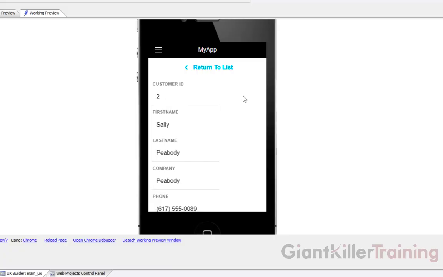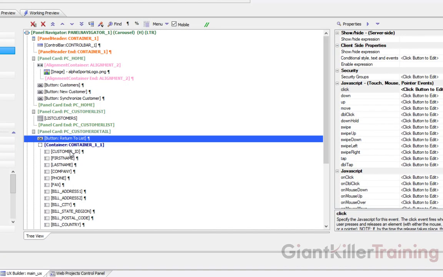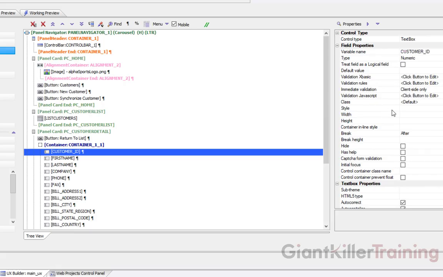So let's focus on the first step, which is this customer ID. You'll notice that it's currently showing, and that's a hidden unique ID for the record, and we really don't need to show that. So let's return to the design environment. Let's select the customer ID field within the detail view. And then over on the right-hand side, you'll notice that on our properties we have one property in particular called hide, and this will actually hide the control. Now the control still exists on the mobile platform, but it's hidden here. So I'm going to click that,